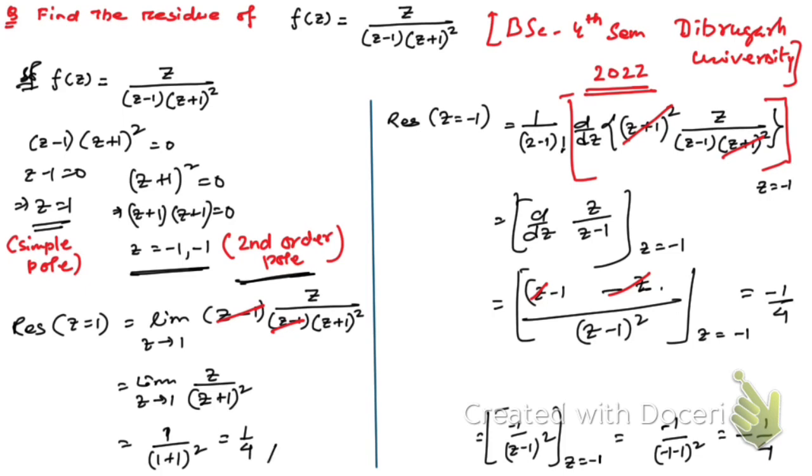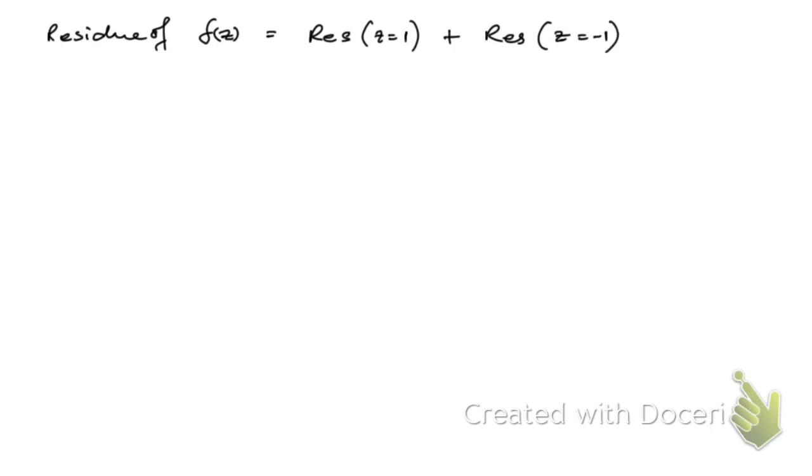So we have got the residues at these two poles, plus 1 by 4 and minus 1 by 4. Then if you find the residue of this function, that means you have to take the sum of the residues of the function at its poles. So residue of f of z, the given function, is residue at z is equal to 1, the simple pole, and residue at z is equal to minus 1,